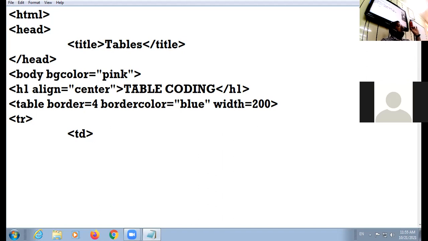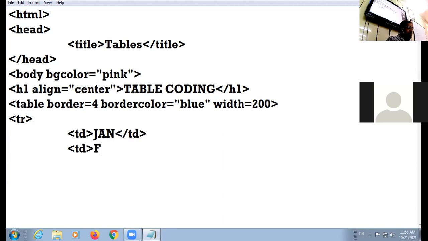You have to use the TD tag as many times as the number of cells you need in a row. Right? I am taking here TD. I am taking all the name of the months in short form. Jan, I close the TD.